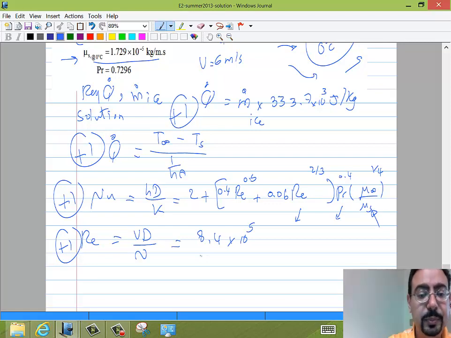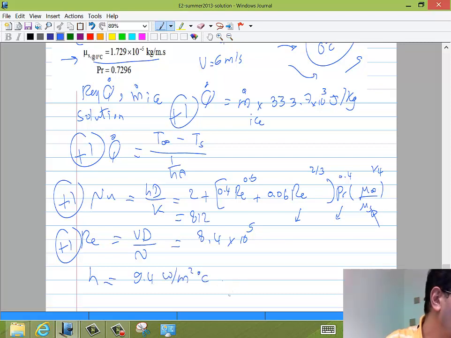Once you get the Reynolds, then you can get the Nusselt number, and the Nusselt number turned out to be 812, and from that you can get your h, and so the h becomes 9.4 watt per meter square degree C, and from that you can get your Q,